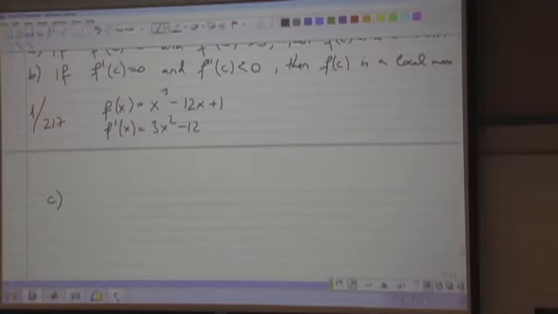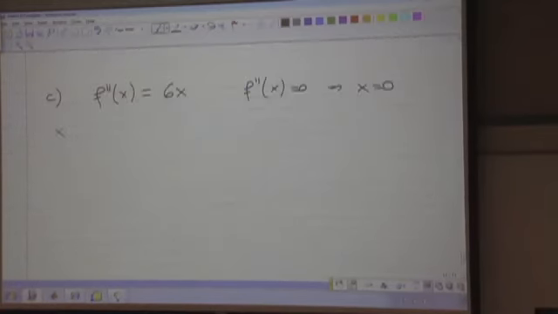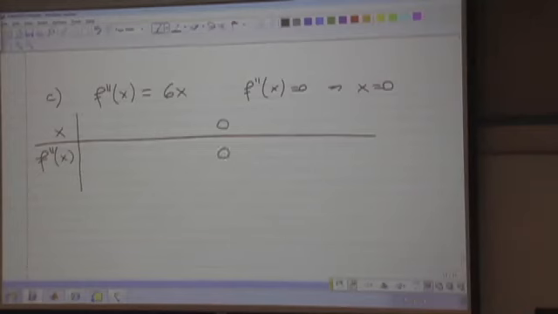So we look at f double prime of x, and f double prime is 6x, right? F double prime of x is equal to 0 means x is equal to 0. So if I want to draw a table, my second derivative is negative up to 0 and positive from 0 on,